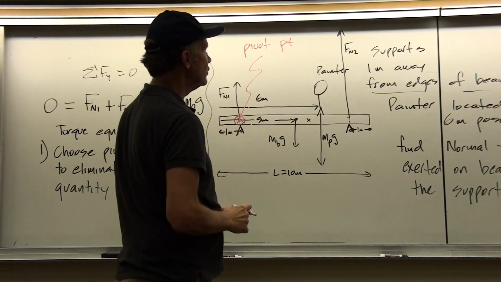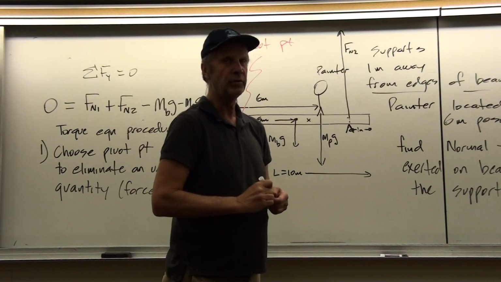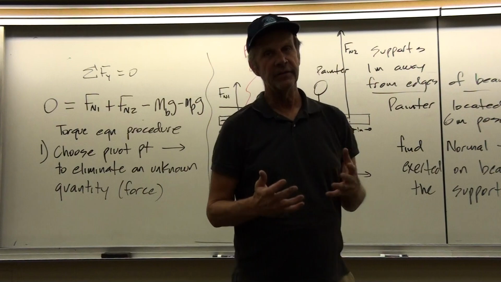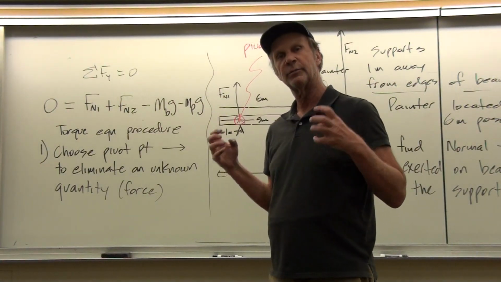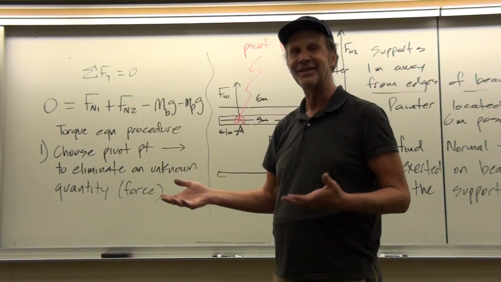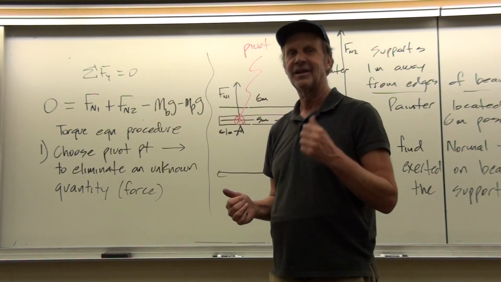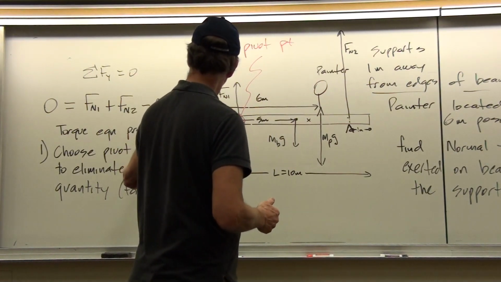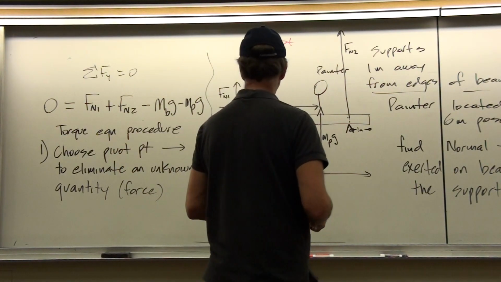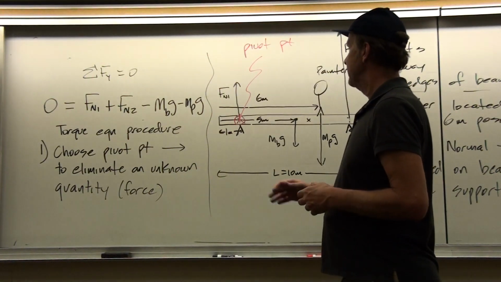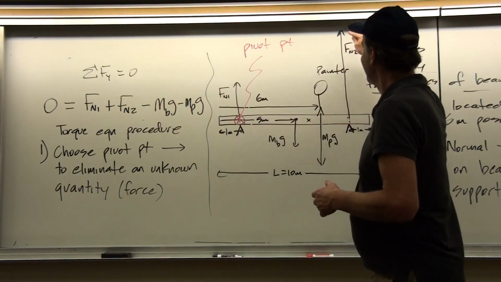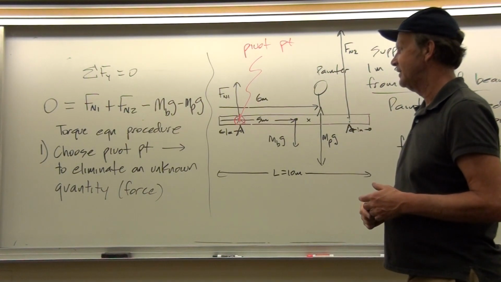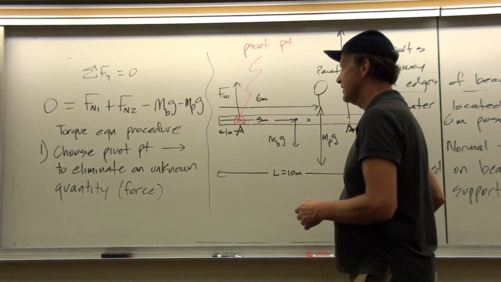So that means that all of our torques are going to be measured with respect to that point. And so when you choose your pivot point on an exam, I'll first have to look and see, well, which pivot point did you choose? Because your torque equation may look different from the person's torque equation that chose a different pivot point. Okay, so it's all relative to your choice here, but be smart about it so that you don't have a lot of extra calculations to do. If you just have one equation and one unknown, then you can solve for that one unknown right away without having to do a bunch of algebra. So that's the whole idea. Okay, so that's step 1.